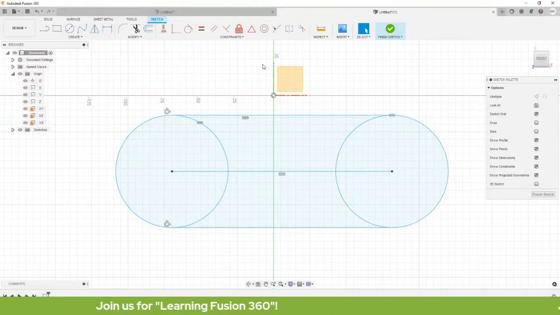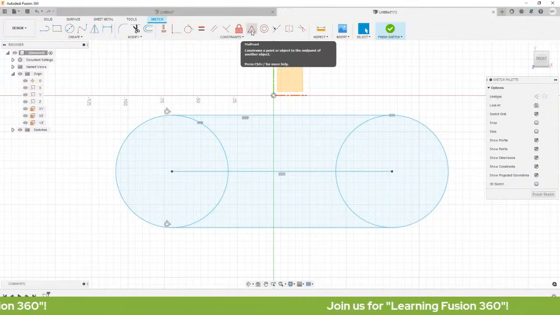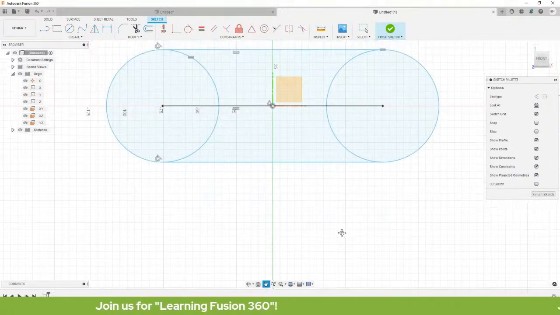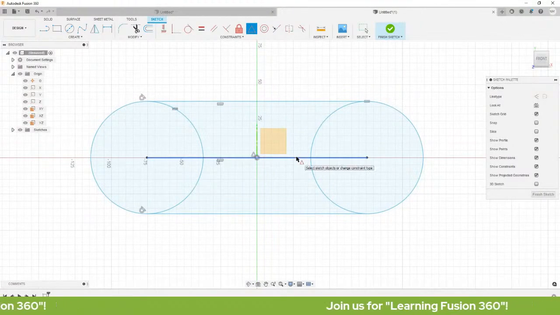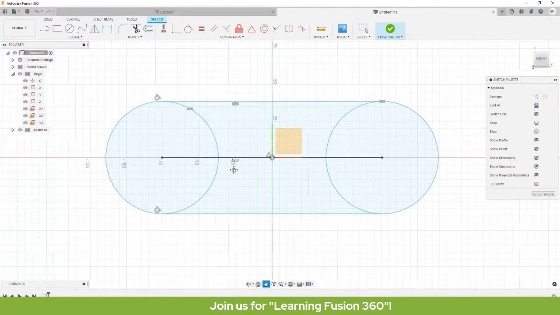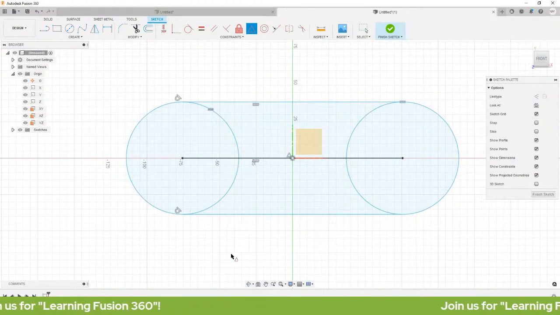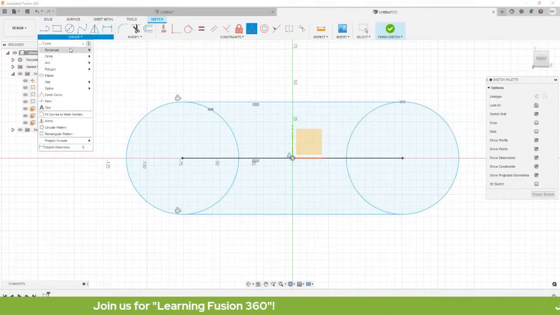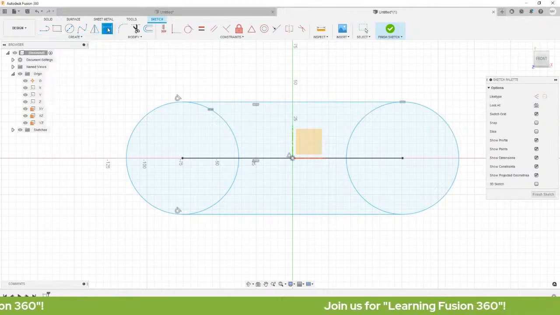Okay? So, let's head over to constraints. Select natin yung midpoint, itong triangle, left click, select this line and our origin. Okay? So, pansin nyo, nag-block ito. Okay? So, now, let's add dimensions. So, letter D is the shortcut key for dimension or you can head over to create. Andyan po si sketch dimension. So, let's select sketch dimension.